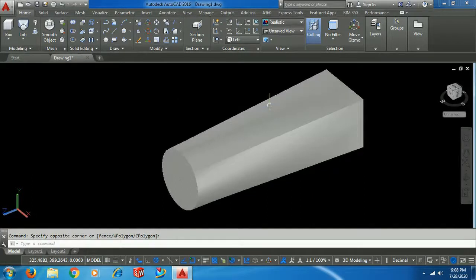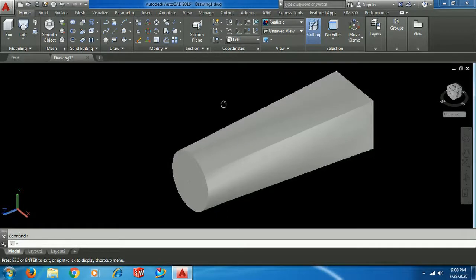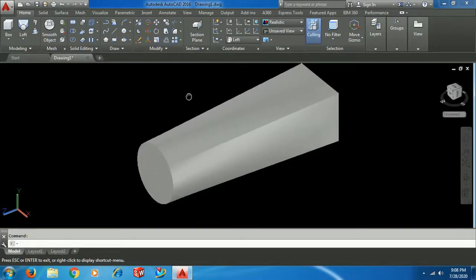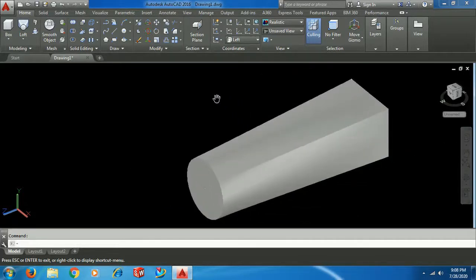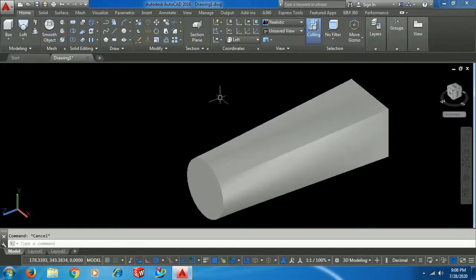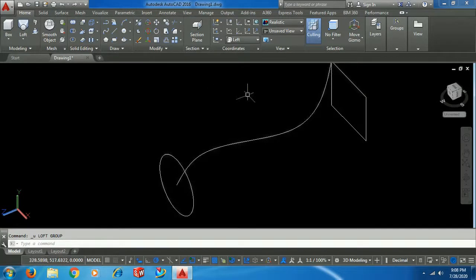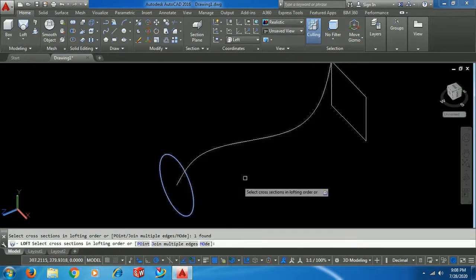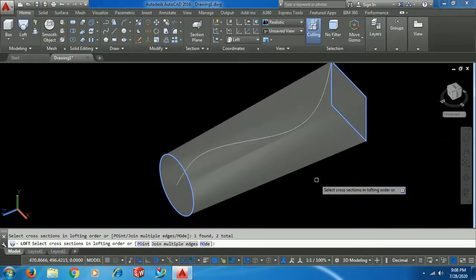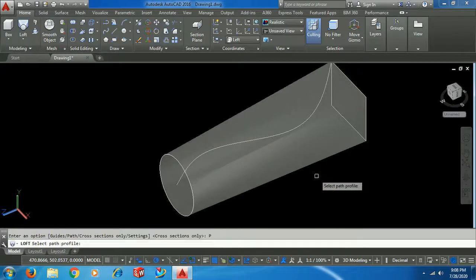This is one option, cross section. Then what is path? Let's see path. I go back. Now again go to loft, section 1, section 2, enter, go for path.